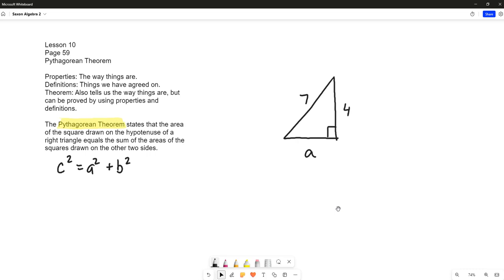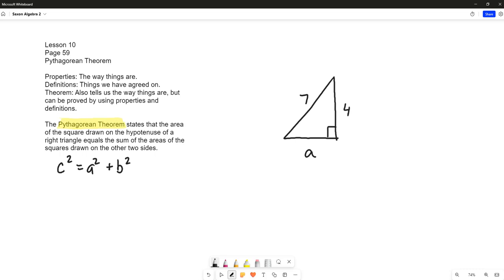So like x raised to the negative second power is equal to 1 over x squared, or the order of operations. Those are definitions. A theorem also tells us the way things are, but it can be proved by using properties and definitions. So today we're going to talk about the Pythagorean theorem, which states that the area of a square drawn on the hypotenuse of a right triangle equals the sum of the areas of the squares drawn on the other